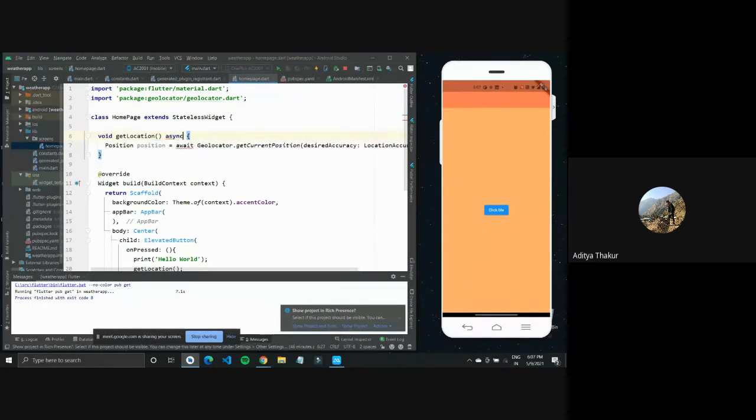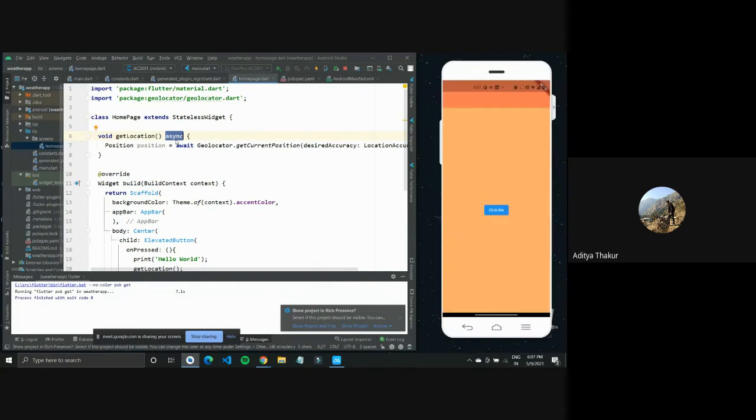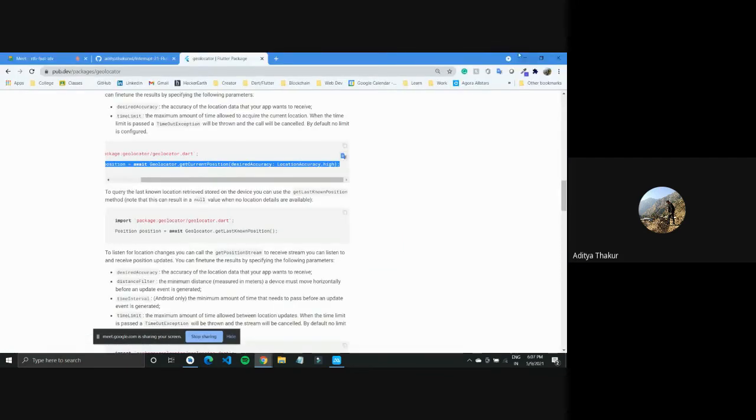So this must be like a very difficult word to understand initially, but asynchronous basically is something not in sync. As in, we'll wait for this process to complete, and then we will go over to the next one. Let me show it with a brief example.